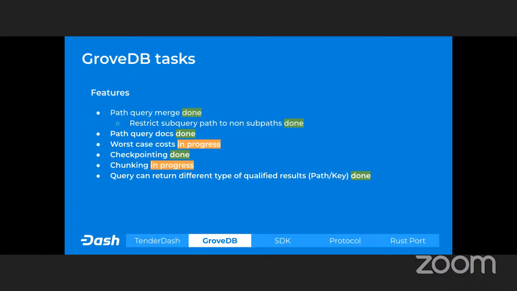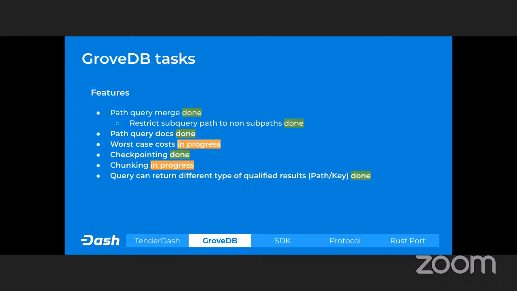So basically non-overlapping paths, different path queries, and then you can merge them. We also wrote a path query doc that describes and breaks down how path query and path query merge work. This is under the develop branch of GroveDB, in the README.